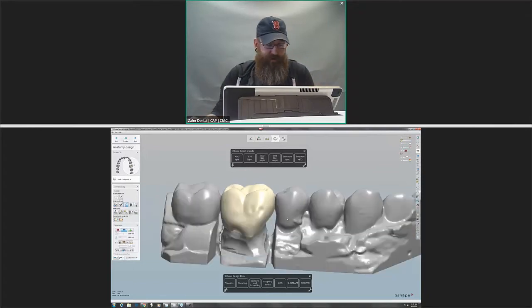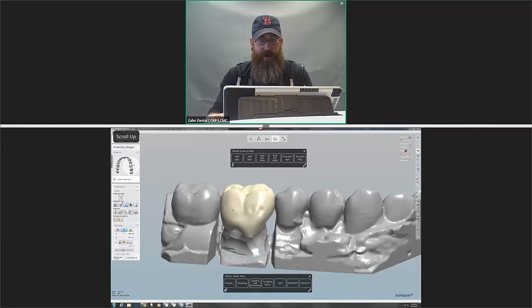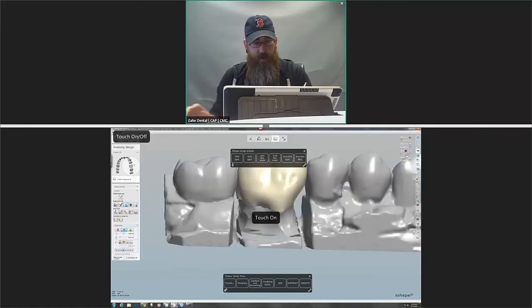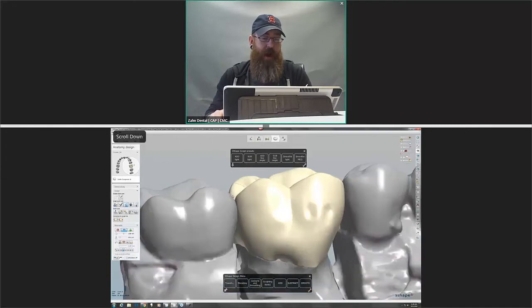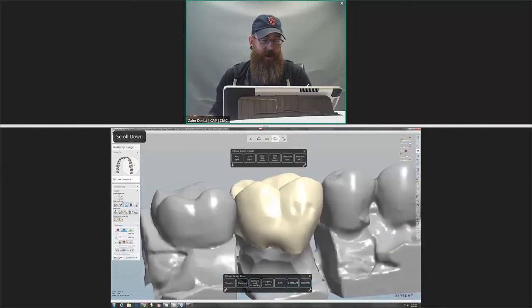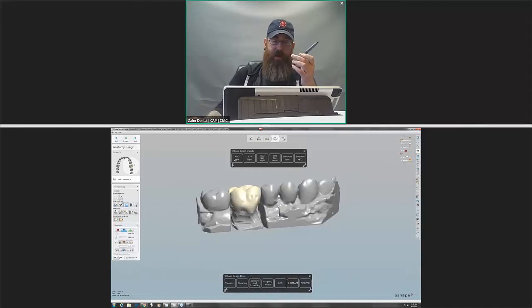So just for myself, if I don't have a mouse available to use the mouse wheel, you can see just down here, I've used the scroll up and the scroll down key. So if I didn't have a mouse available and I wanted to use just a pen, I can use, what the hell? Oh, there we go. So I just have to tap buttons to zoom in and out. It's a little bit slower than using the mouse wheel. But again, the hybrid between the pen and a little bit of a mouse function here